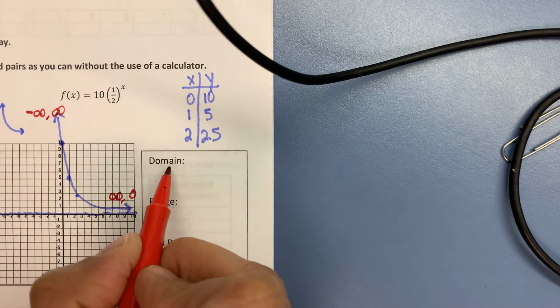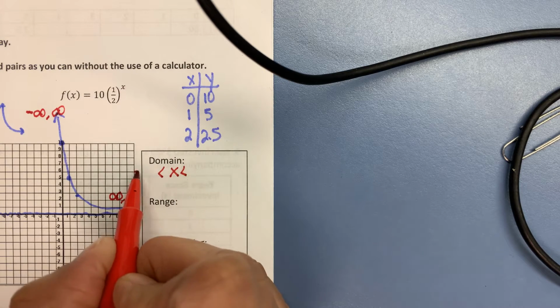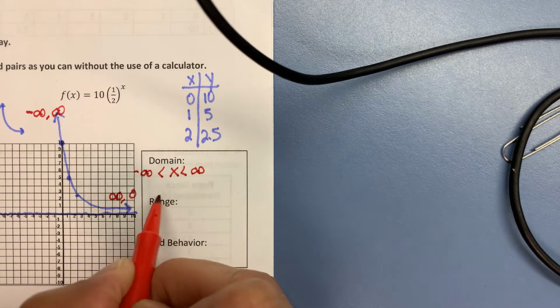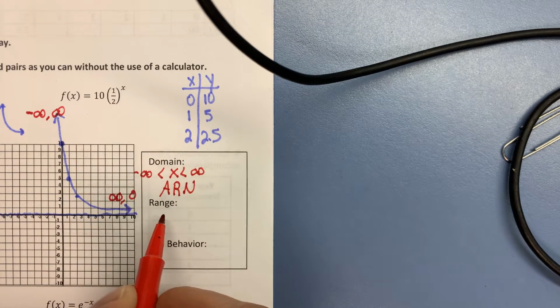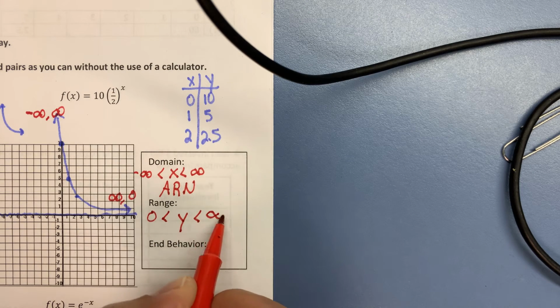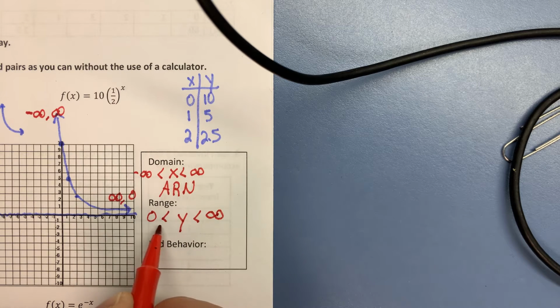So as far as my domain goes, again, I could write this, and I could put those infinities in there. Or if you prefer, you can just write all real numbers. Now for my range, it's not all real numbers because the smallest y value I wrote was 0, and then it goes to infinity. And remember, we never underline with infinity, and I won't underline with 0 because it's never going to become 0. It's going to get close to it, but once I underline that,